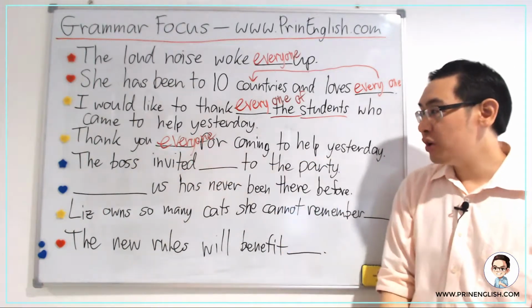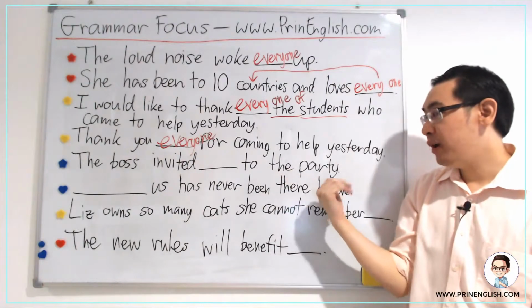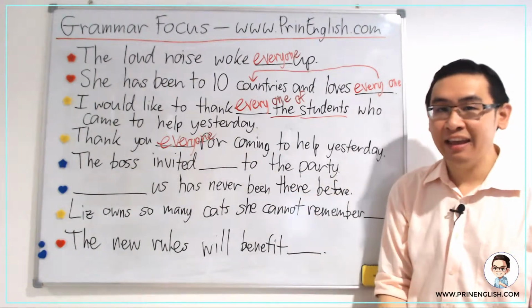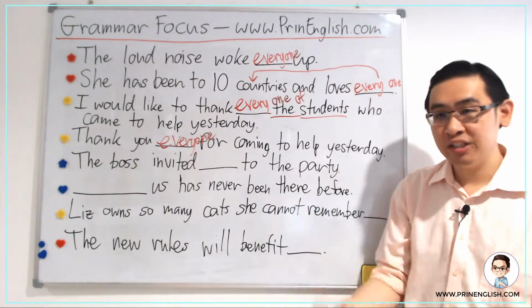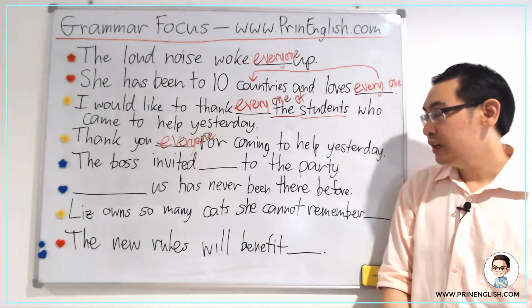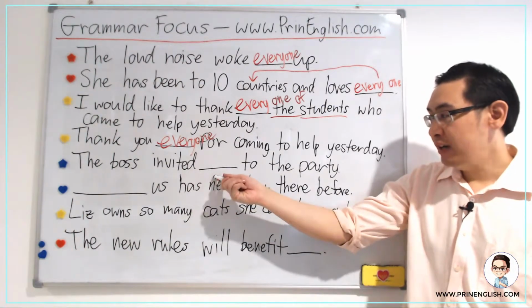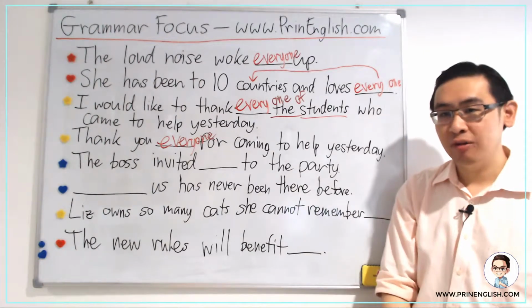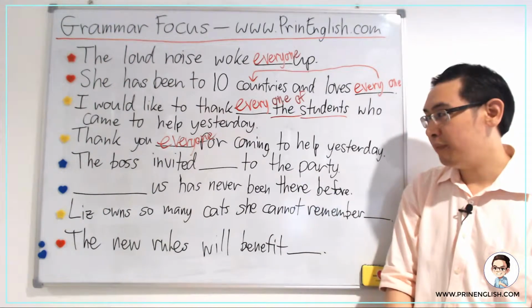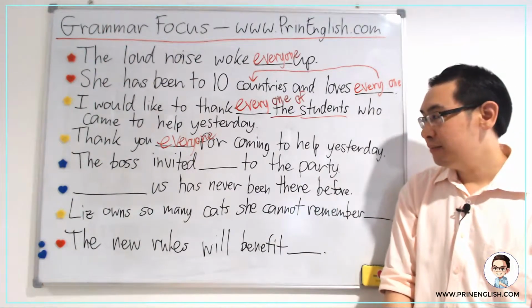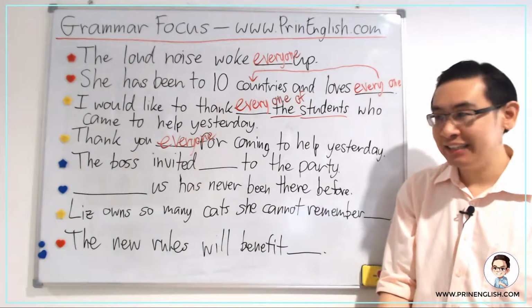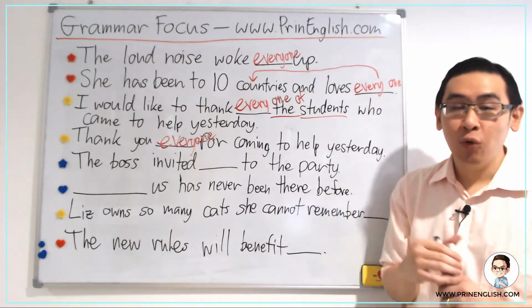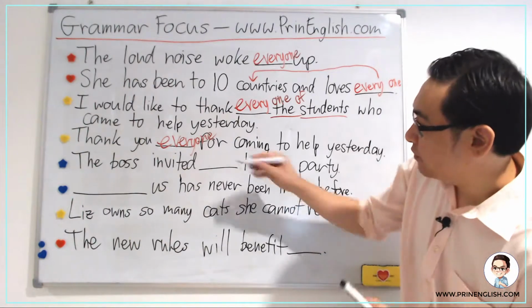And how about this one, the sentence with the blue star: the boss invited something to the party. So the boss, okay, the head of maybe a company or a team or a group, invited someone to the party. So maybe for a celebration. Obviously it should be